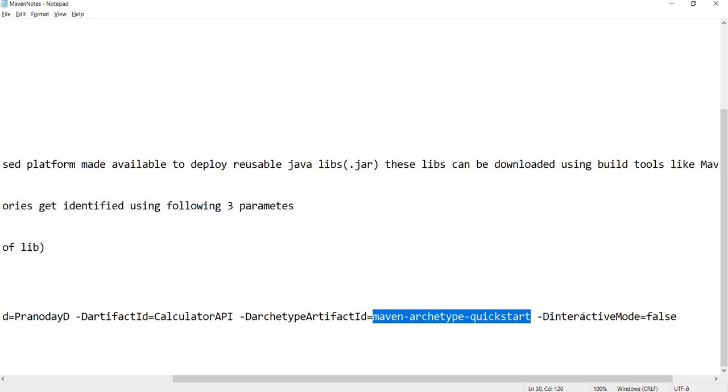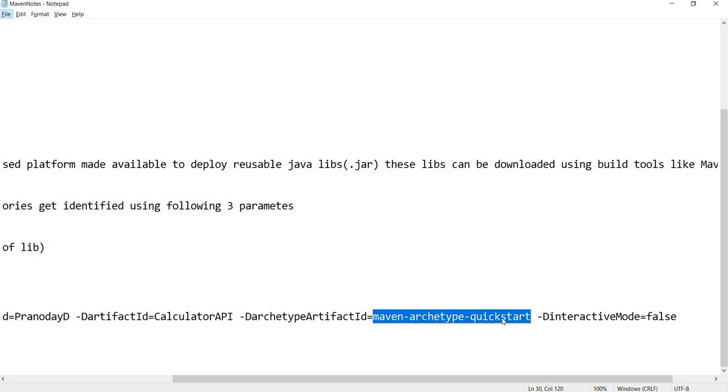Let's say you are building a web application. For building a web application, you need some kind of directory structure, right? Where you can put your META-INF, where you can put your resources and all. Every kind of project has its own requirement of directory structure. So either you create the required directory structure on your own, or you can get it created with some template. This is what this plugin does.